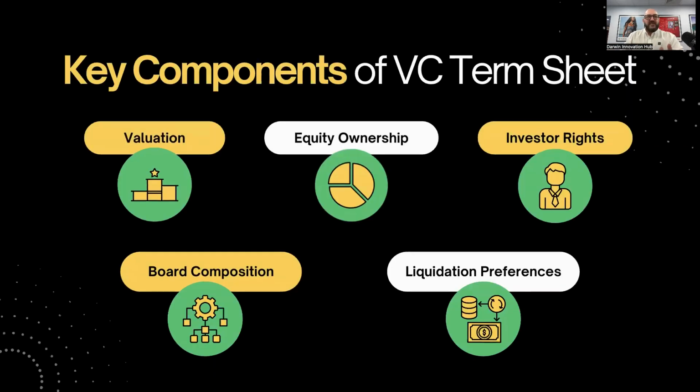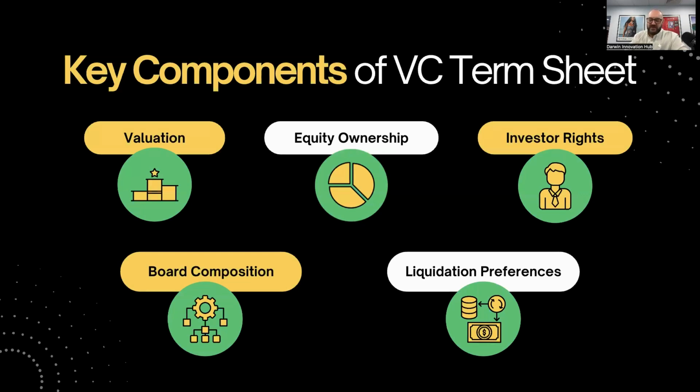Now, it will include things like the valuation of the company, an agreed valuation between you and the investor. It'll be a part of the equity ownership. So what is the breakdown of shares in the business from yourself and the investor's point of view? Look at what rights the investor has. So if there's any sort of special conditions that need to be put in there, that is included in there as well. And the board composition. Not all investors will be on your board, but in many cases they will come onto your board, particularly in a very early stage company where some of that guidance may be needed at the board level.